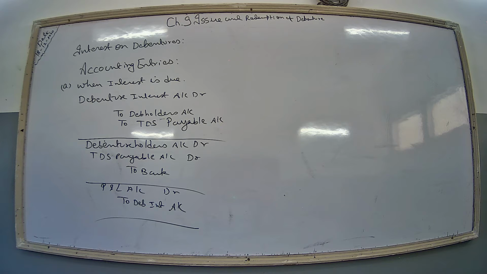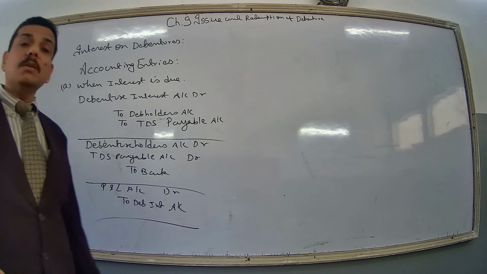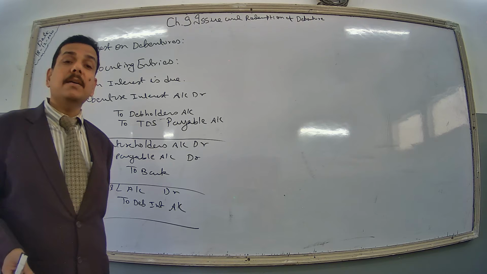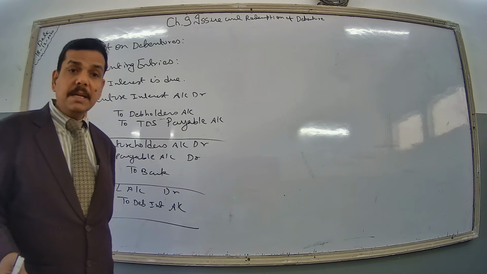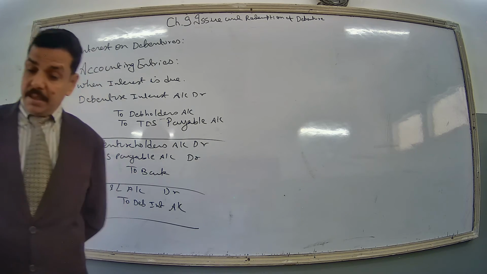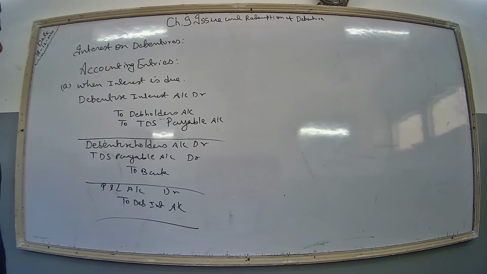Clear? The balance in debenture interest account is transferred to the statement of profit and loss account at the end of year. If the amount of interest accrued and due is not paid, it is shown as interest outstanding. Clear? Sometimes this happens because of the difference between interest accrued and due, and interest accrued but not due, because of the difference in the payment of interest and the accounting year. Clear? See how it happens.